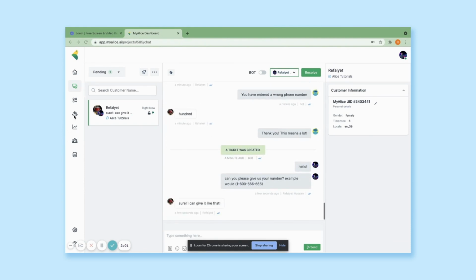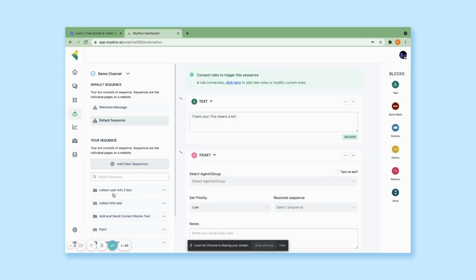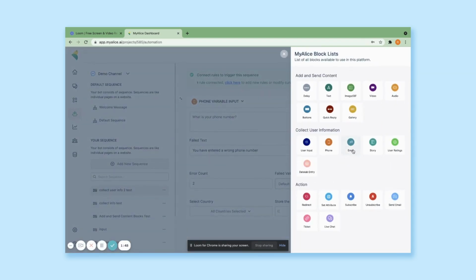So as you see, let me go back to the sequence. As you can see, once there's a failed text, it's going to redirect the customer over there. Similar to the phone input, we also have email input. We have also the story block. You have user ratings as well. We won't go over the email block or the story block right now, but I'm going to show you how